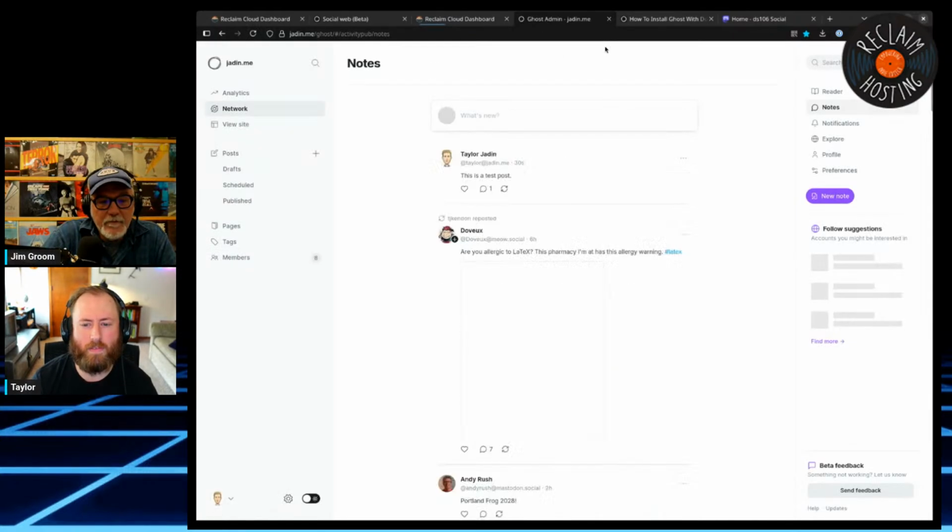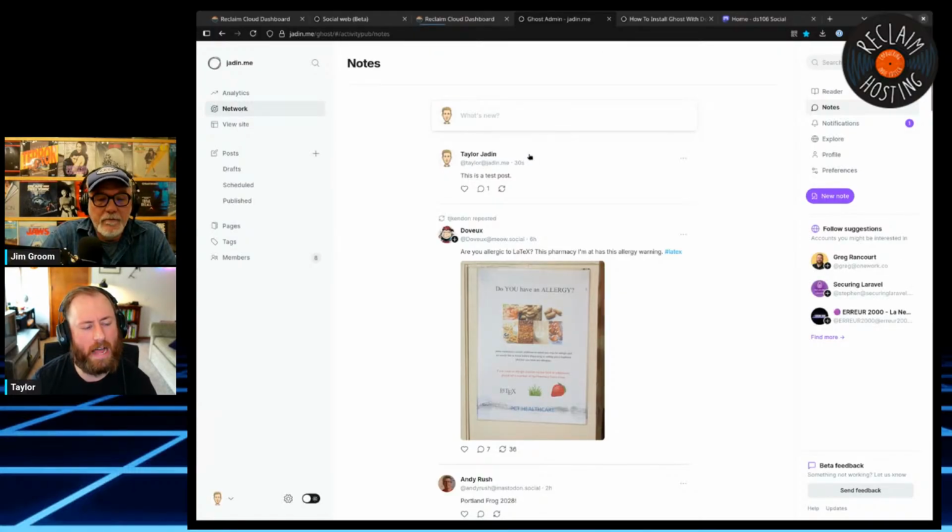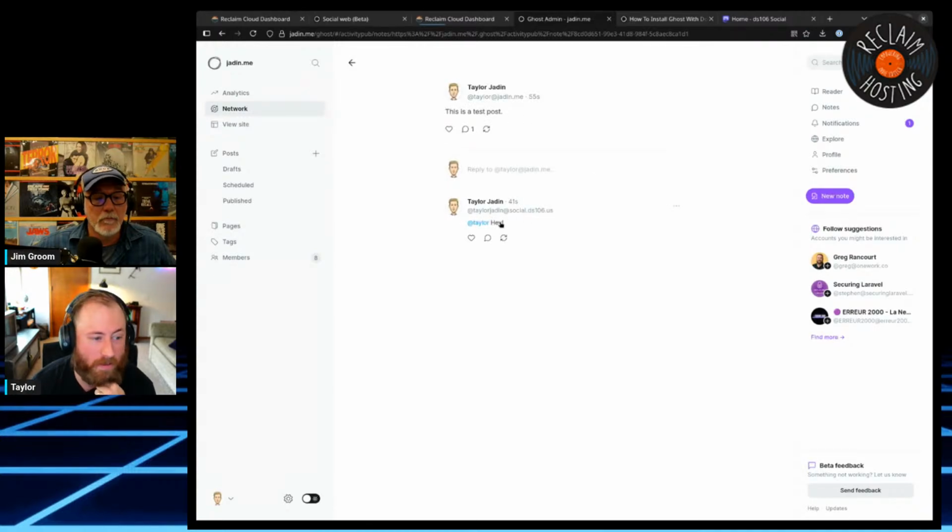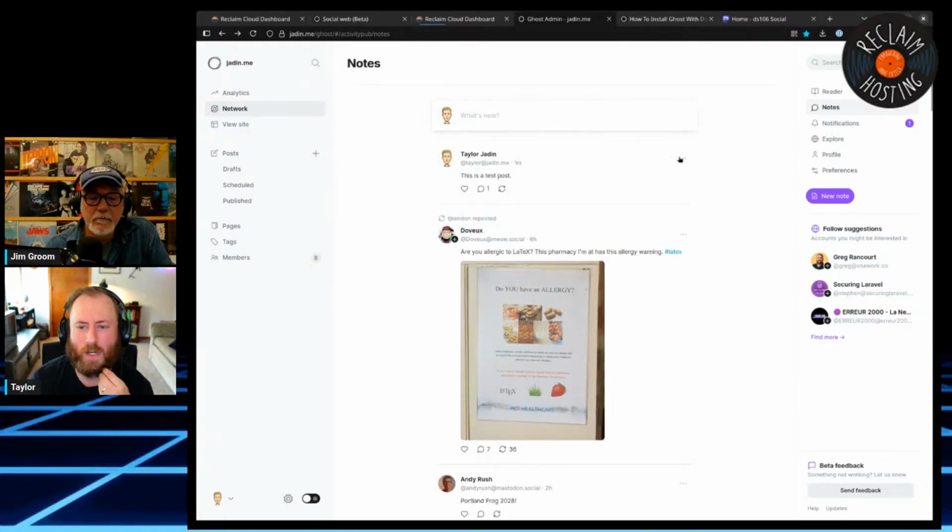Yeah, so that is kind of my end goal. I like Mastodon, but I think I could centralize on one ActivityPub thing. The way I use this stuff, I don't post that much. Most of my Mastodon posts, in fact most of my social media posts in general, are just links to my blog posts, and I like that. It encourages me to blog more. It worked, I can like things. A lot of that stuff works pretty seamlessly. I really like that I get to be at Taylor@Jaden.me. I like my domain name. It's really short, but it has my full last name inside of it. I love it. So that works pretty well.